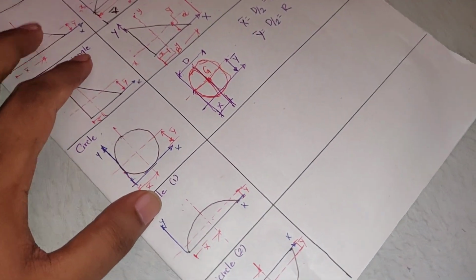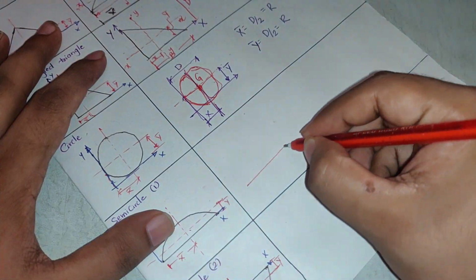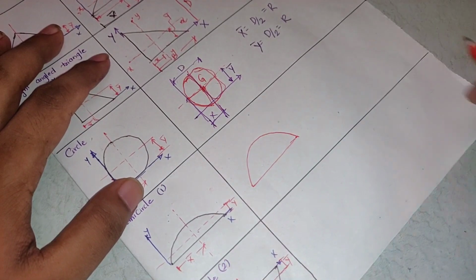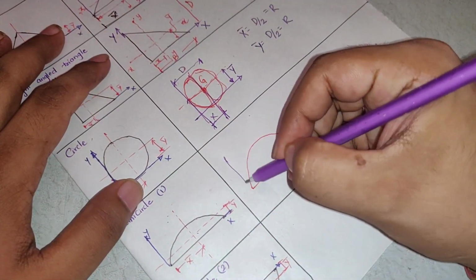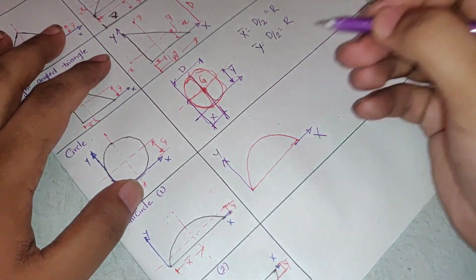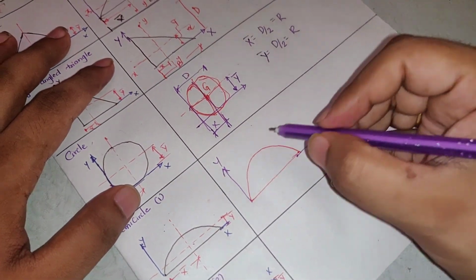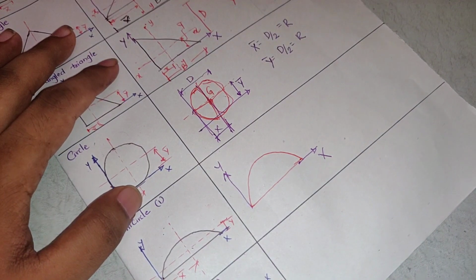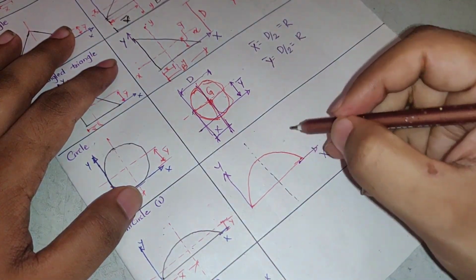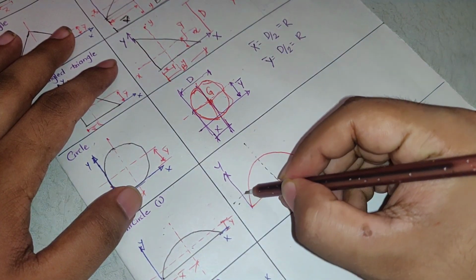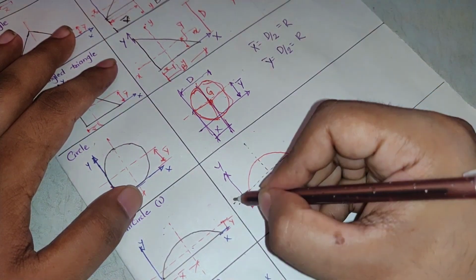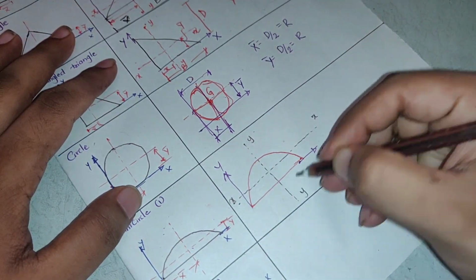Since the circle was exactly symmetrical about both axes, is it the same case with this? Now if you see here, the semicircle is like this, right? And if I consider the reference axis with respect to the first quadrant, this is capital X, this is capital Y. Now this is the reference or symmetrical axis of the semicircle. If I call this X, understand this very carefully.